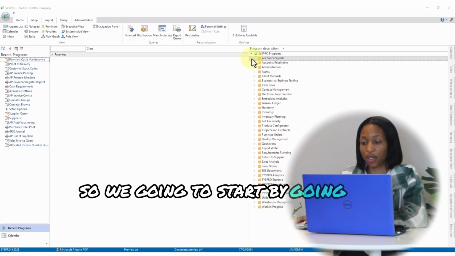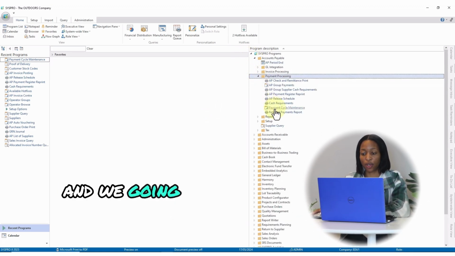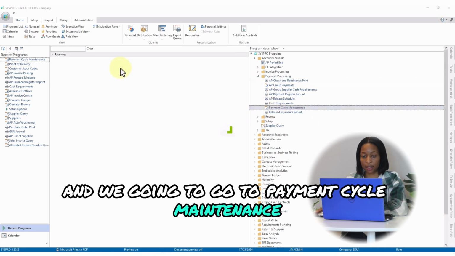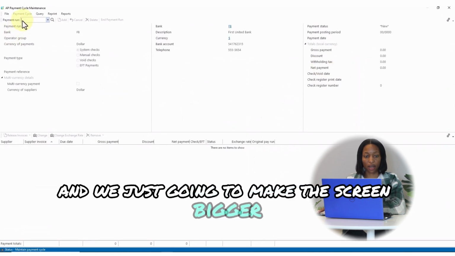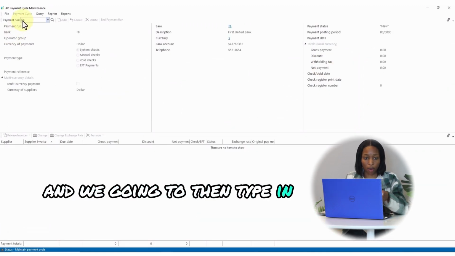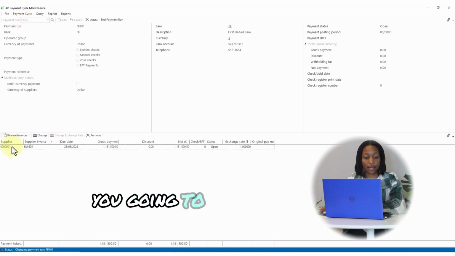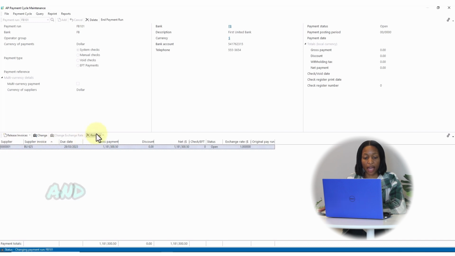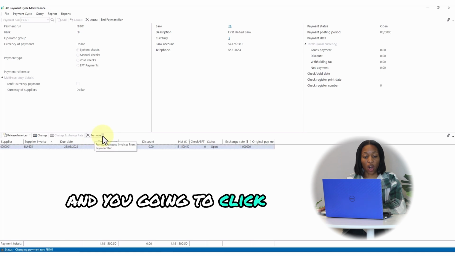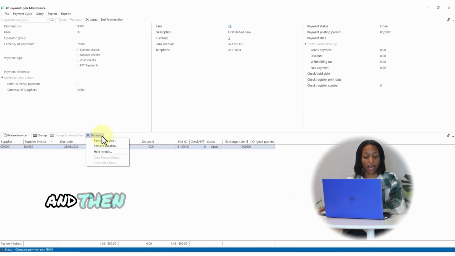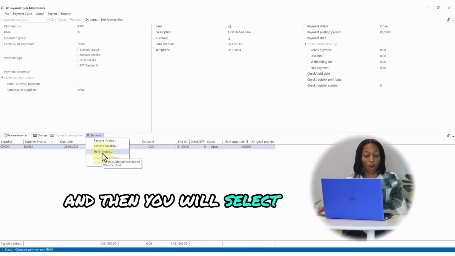So we're going to start by going to Accounts Payable, and we're going to go to Payment Processing, and we're going to go to Payment Cycle Maintenance. And we're just going to make the screen bigger, and we're going to then type in our payment run, and we're going to tap off. Again, you're going to select the invoice, and you're going to come to here where it says remove, and you're going to click on the arrow, and then you will have a drop-down menu, and then you will select hold invoice,